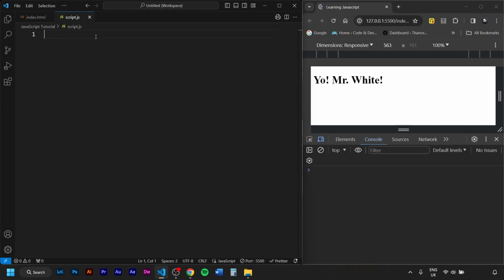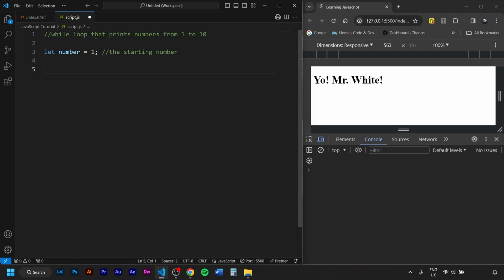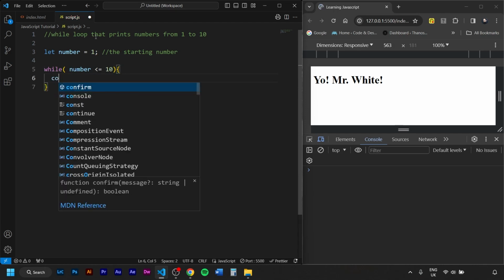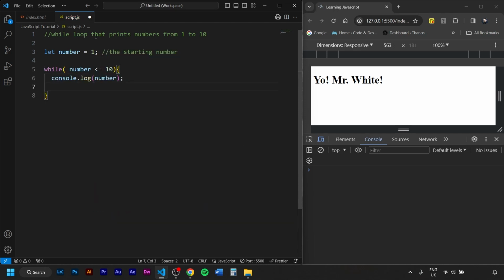Today we're gonna learn while loops and we're gonna introduce them with a very simple example. We will try to create a while loop that prints numbers from 1 to 10. Very simple stuff, just to familiarize with the syntax. We'll go let number equals 1 and this is going to be the starting number, and then we'll go while, opening parenthesis, number is smaller or equal to 10. We go outside of the parentheses and we open curly brackets. We'll go console.log number and then we go number plus plus, and it loops in here until the number is